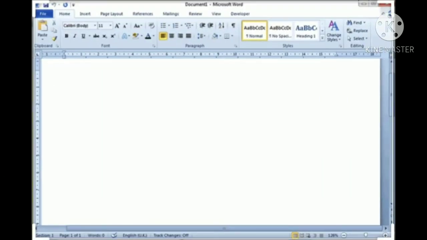Okay, my dear students, everyone open your course book, lesson number 7, formatting and editing in MS Word 2010, page number 82. You all know text in MS Word. You have already learned about many commands in MS Word. In this chapter, we are going to study some new features in MS Word.